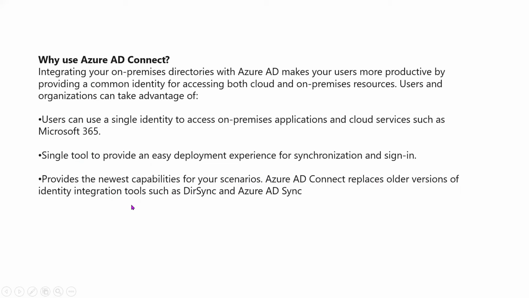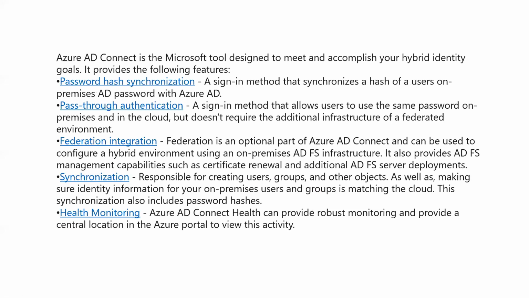Nowadays, if you are talking about security, it is totally focused on the identity. All of your effort is around the identity. If you want to secure any infrastructure, it is around your identity only. So these are some of the older versions, DirSync or Azure AD Sync. Now Microsoft has replaced both of them with Azure AD Connect. So it has the capability of both of them, and along with that, some additional capability has been added into Azure AD Connect here.